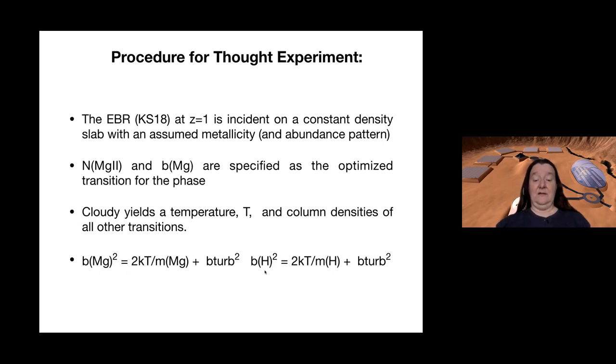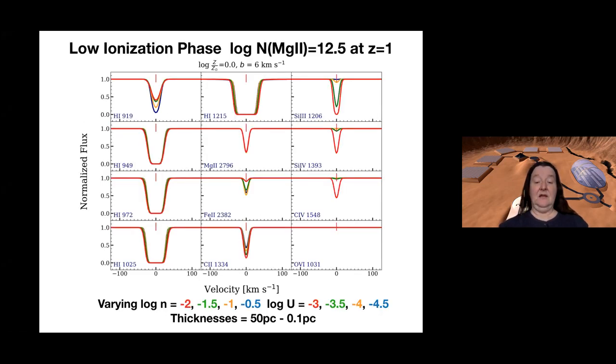Knowing that can break some degeneracies in inferring metallicity with cases where there are saturated lines. So using the metal lines to guide the B parameter of hydrogen and what that would be. So this is showing something very similar to the first series that I showed, with the only difference being the B parameter. This is a little bit broader magnesium 2 line, and it's not making a huge difference to